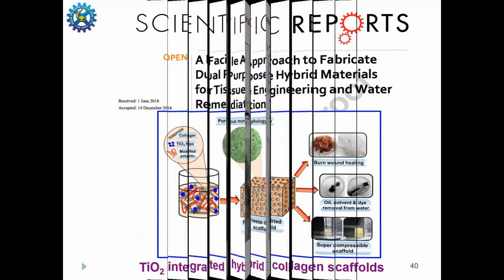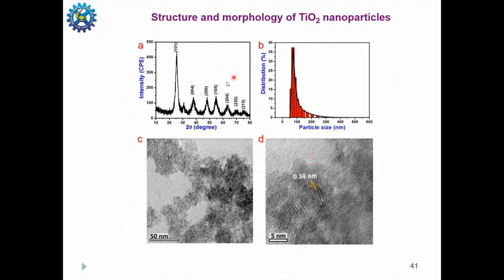These are the titanium nanoparticle characterization, where we can see that the individual particles are less than 20 nanometers. There is small aggregation, but the individual nanoparticles are about 10 to